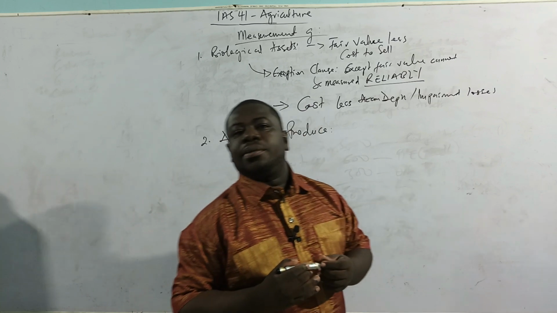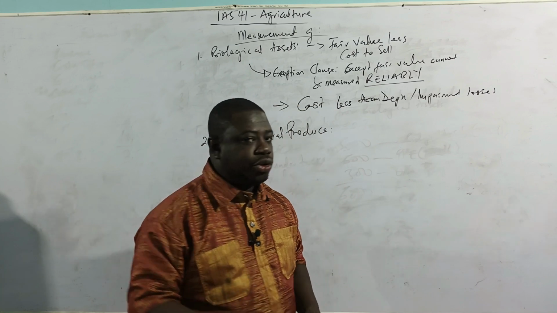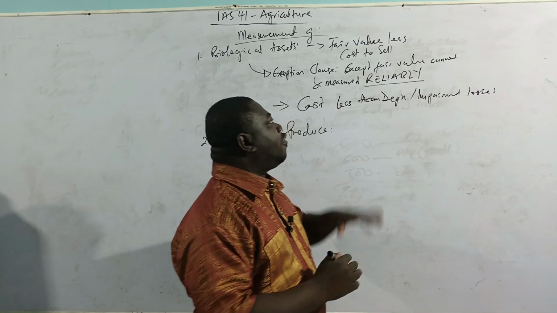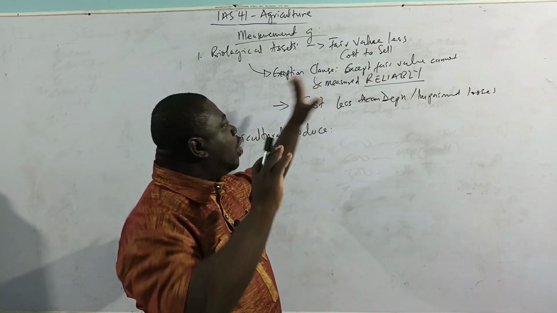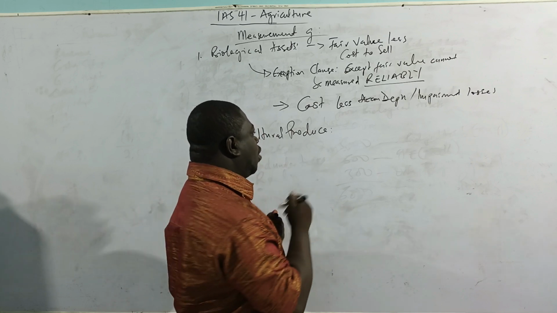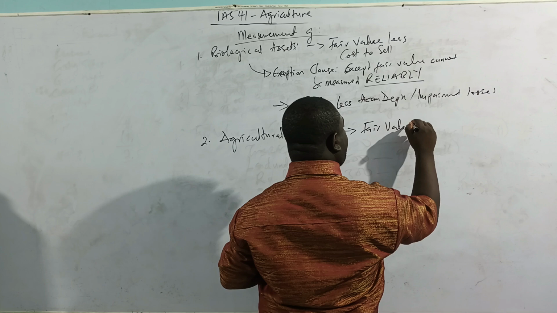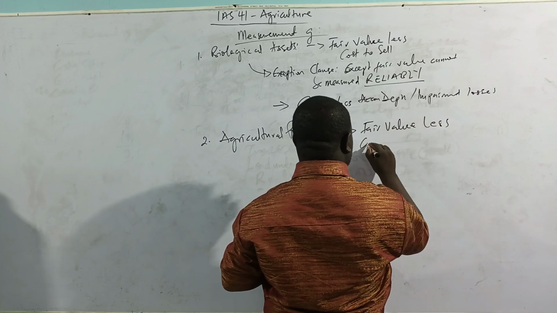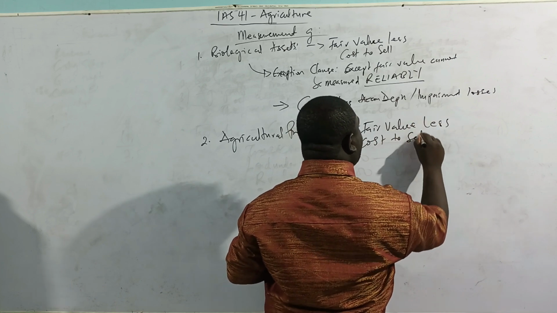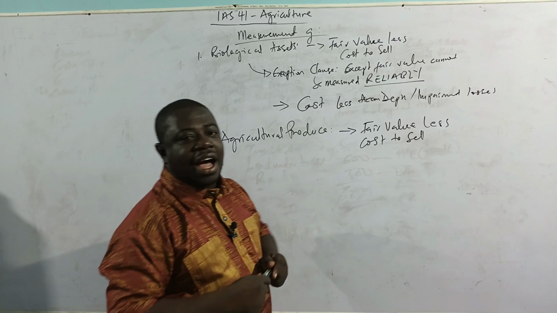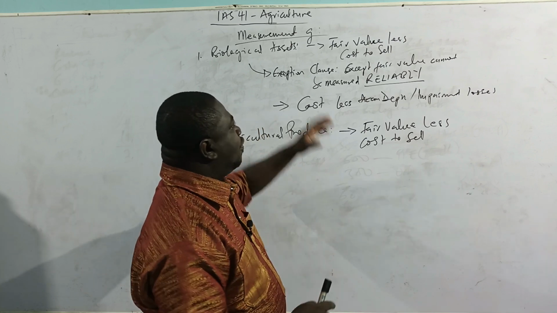Now, when it comes to the measurement of an agricultural produce, it is strictly the fair value less cost to sell, and there is no exceptional clause. I'm going to tell you why. So it is measured at fair value less cost to sell. Now, you see that both of them have the same measurement criteria, fair value less cost